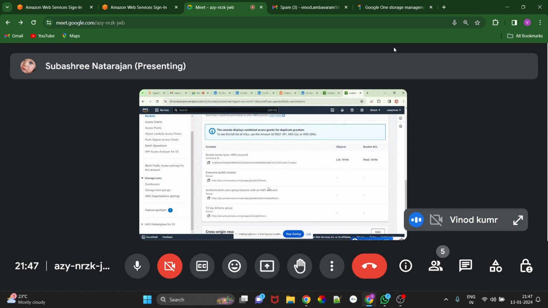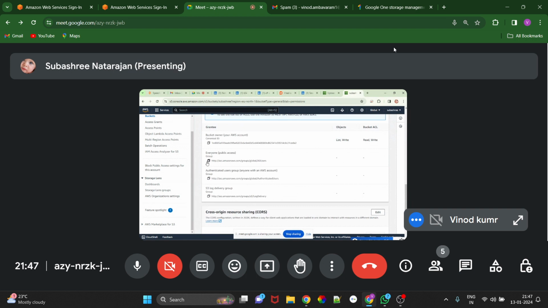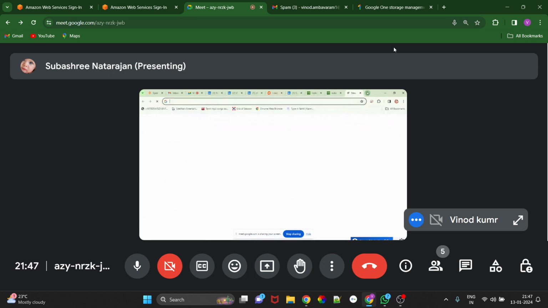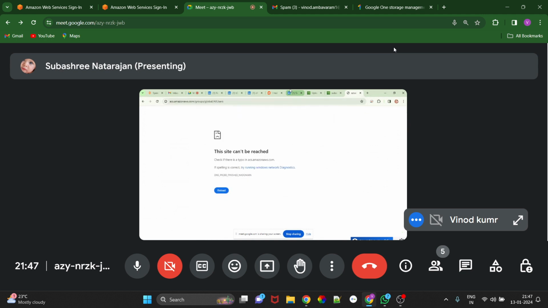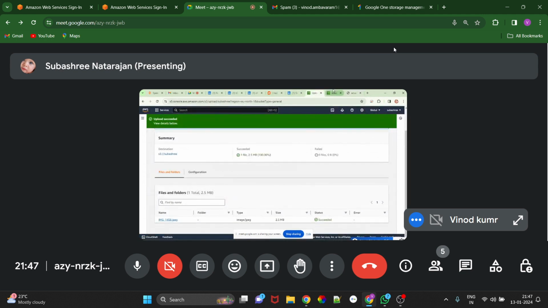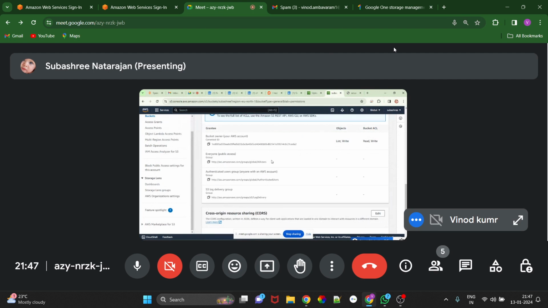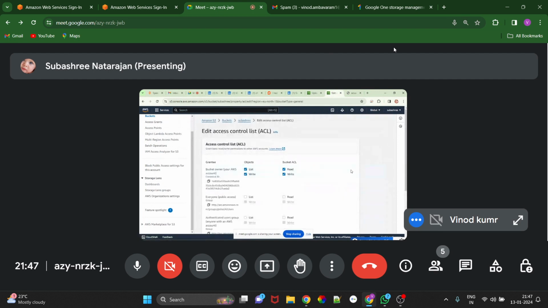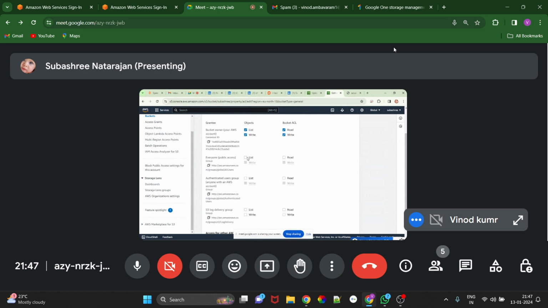Okay, can you click that URL? Everyone public access. Site can't be reached. Sorry. Click yes. Read, click read. Yeah, but it is showing some warning symbol, right? Click on the warning. What will we see? I'm mouse-overing it. Even clicking, no, it is unchecking. But we are the bucket owner. We are able to list, write, read.